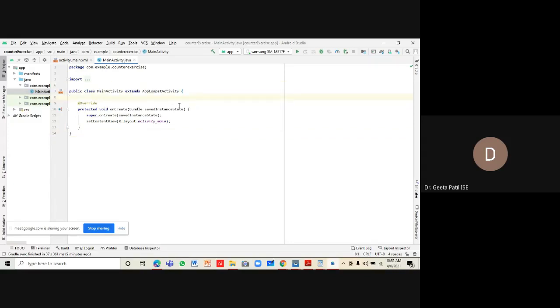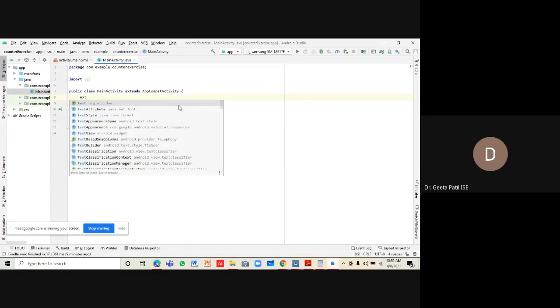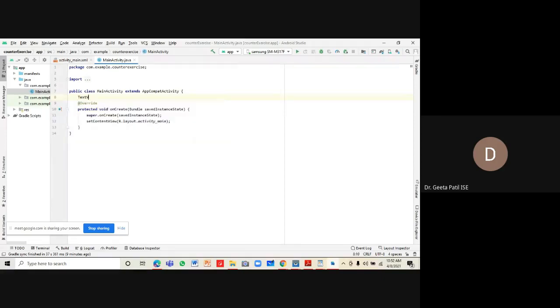Over here, what is the first thing we should be doing? We need to create references to two buttons and one text view. In order to do it, let us create objects of them. So let's create an object of TextView, txt underscore count, which is a label associated with the text view.